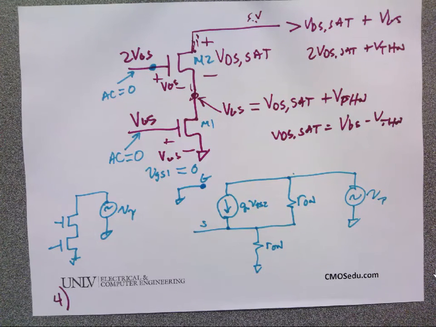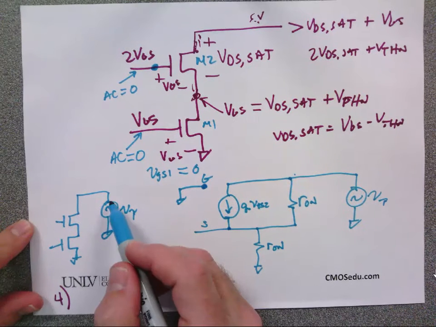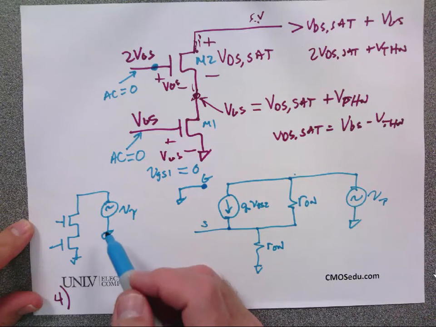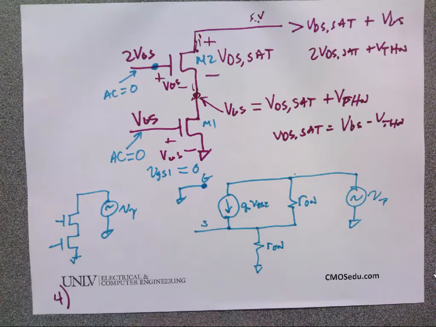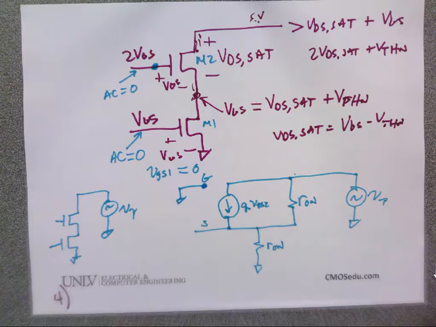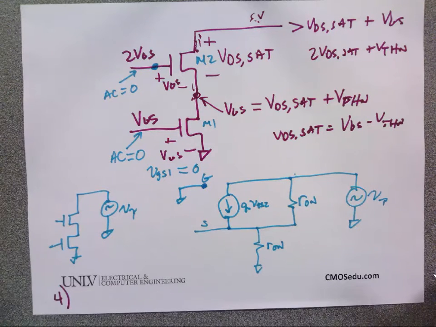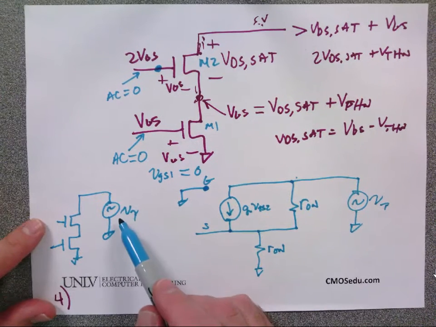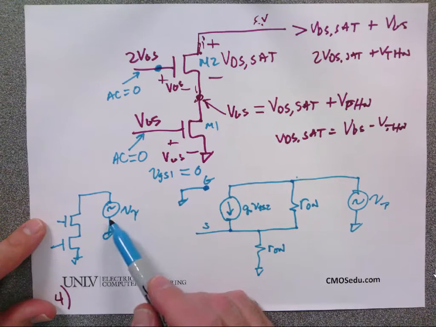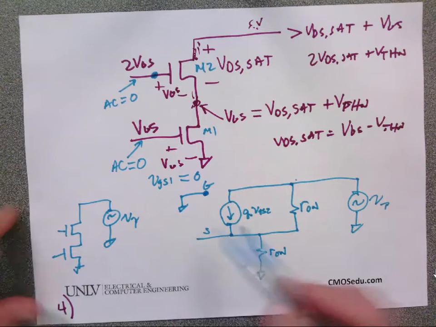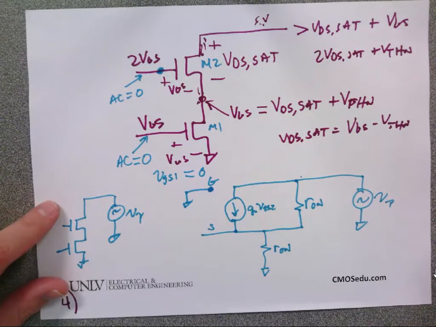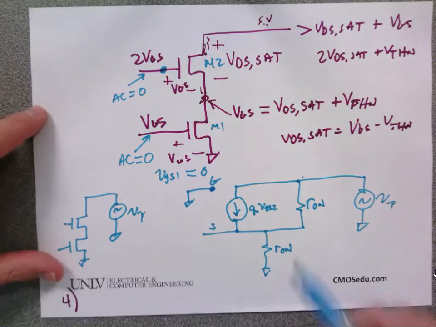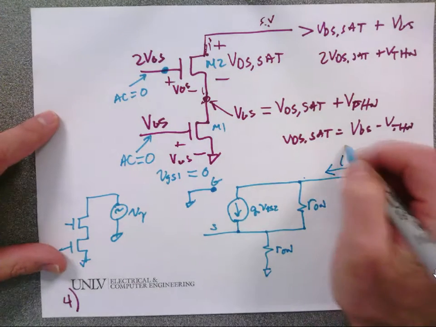But I don't go to do my AC circuit and remove the DC biasing, because it doesn't work. I'm moving up on a curve, so I have to add a DC here. I'm assuming that's there. If you look at the examples in the book, I don't determine the small signal output resistance with AC without a DC in series to bias it up. Just like gm. When I draw the gm, I assume it's biased at some voltage, 1.4 volts in the example I gave. So if I do that and I call this I test, the first trick was noticing this